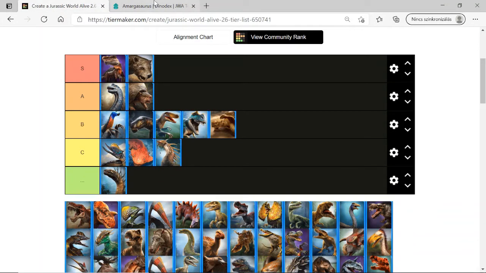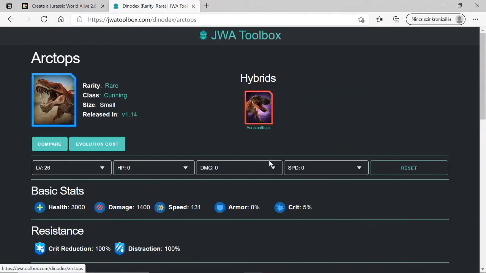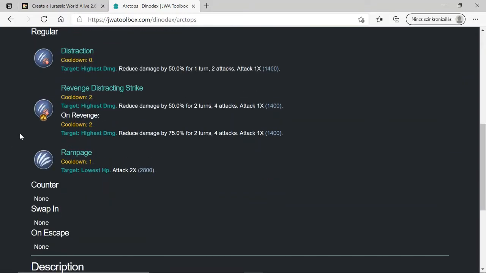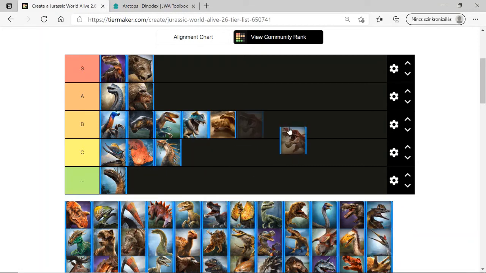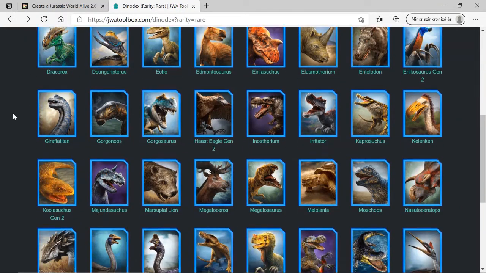The next creature is going to be Arctops, with low health, high damage and speed, good distraction and quick reduction resistance, and a quite fine moveset for a cunning. This is used in rare tournaments sometimes, but it's just like other cunnings. It's B tier. The next creature is Suchus,